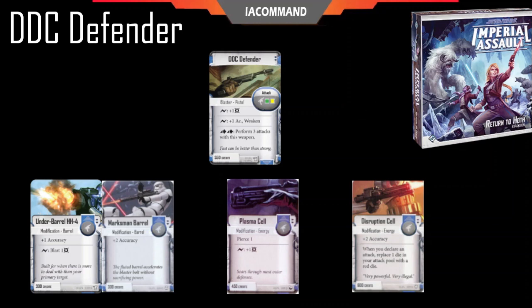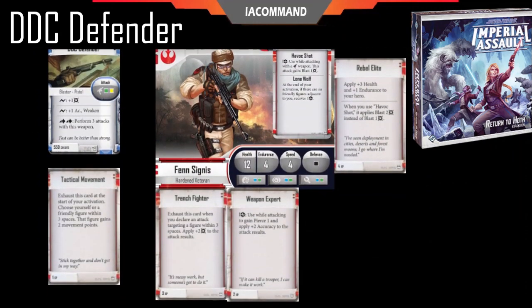So next, let's talk about the heroes that work really well with the DDC Defender. I'm going to start off with the best heroes to use with it, and then I'm going to go down the list as we go, rather than going by release order. So the last hero I talk about is probably going to be the least valuable, but it's going to go from best to worst. So scrolling down, we've got Fen Cygnus, one of the most powerful heroes in the game,